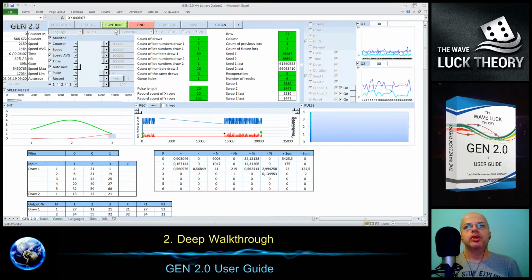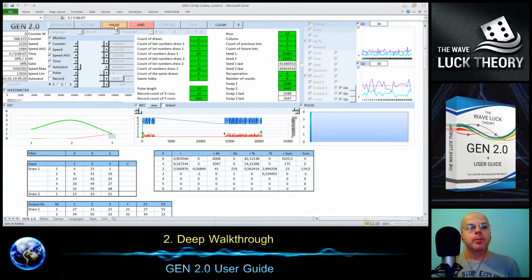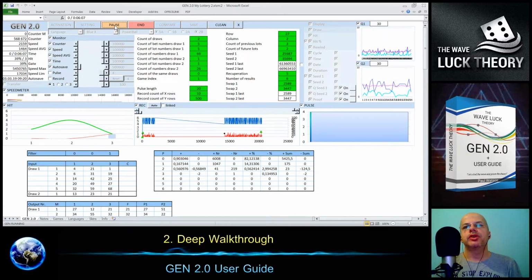So now the time is not considered. Then we can continue and the time is running again. Also, if we save the gene and open it again, the time in between will not be considered in the generation. It's counting only the time when the gene is really running.